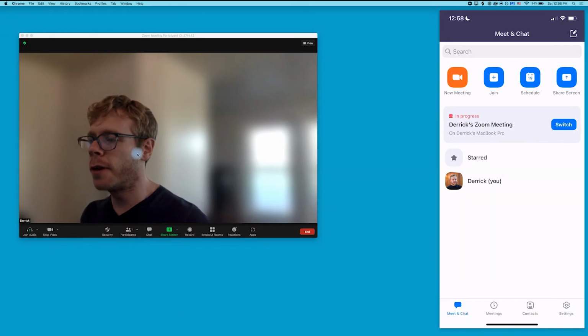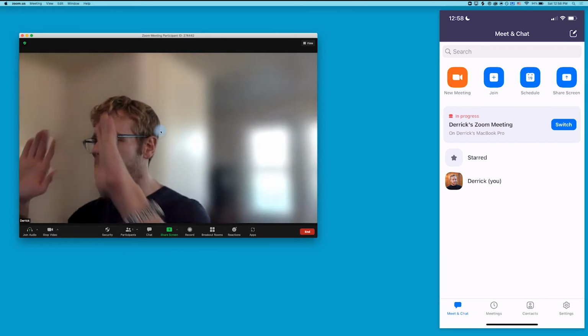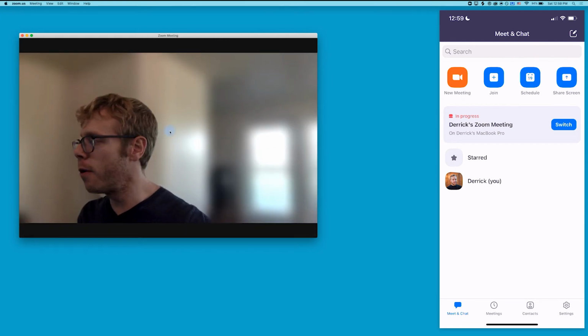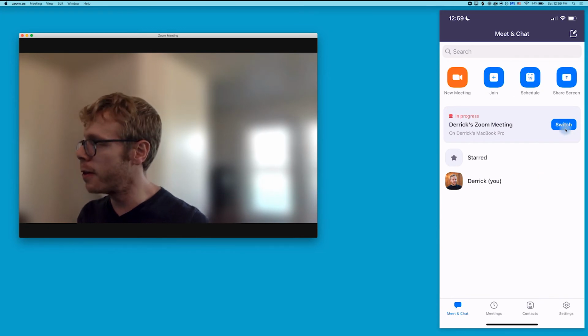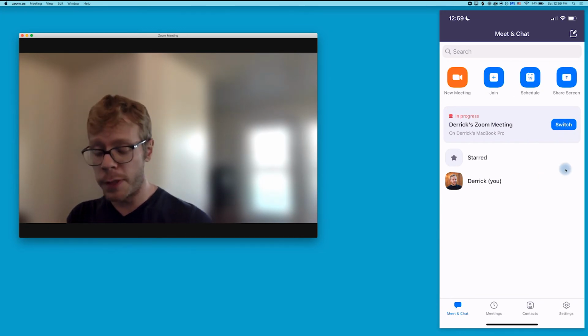So you can see over here on the left, I have a Zoom meeting on my computer opened, and I'm talking and I'm doing things on it. You can see my hands. And then on my phone over here, you can see I have the Zoom app open, and you can see that there's a button that's called Switch. So if I click this button called Switch,